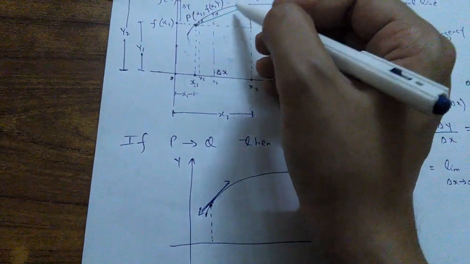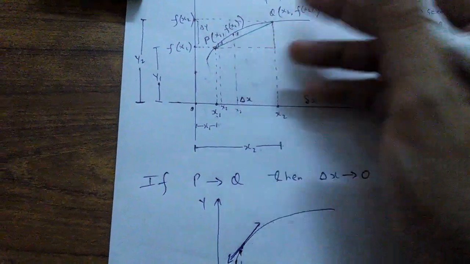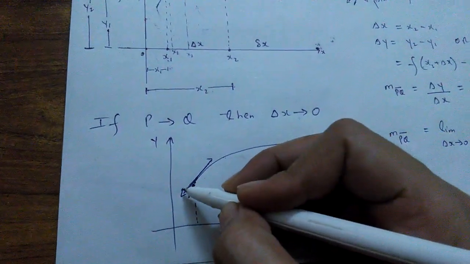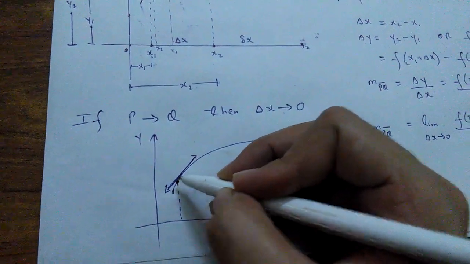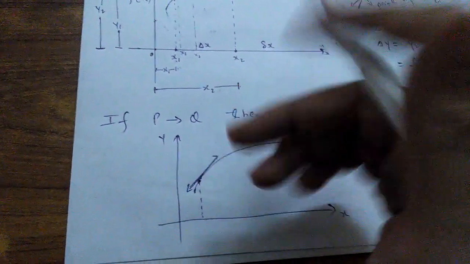So Q gets so close to your P that both points appear to be a single point, and you are going to draw a tangent line passing through or touching this point, and then you are going to have a slope of that tangent